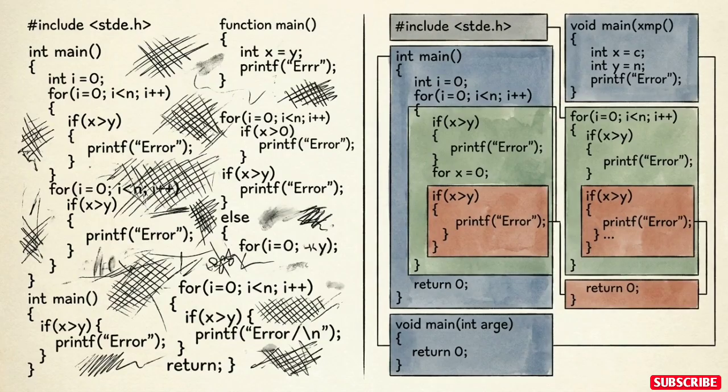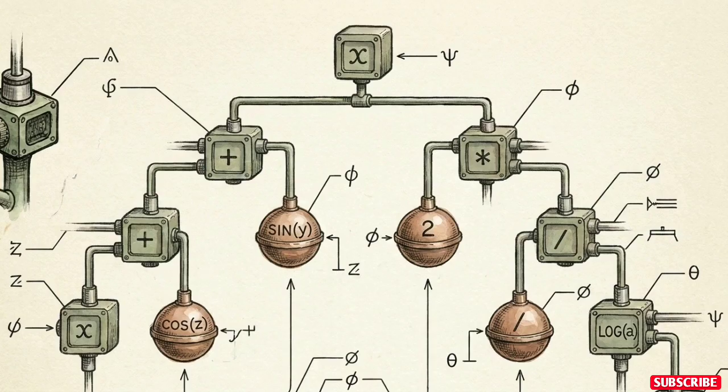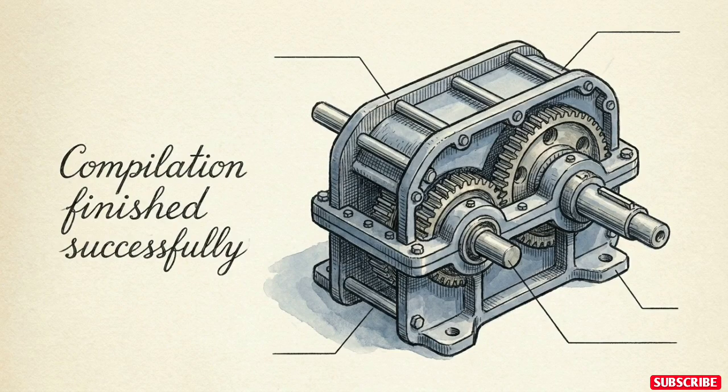Lex acts as the lexical analyzer. It reads raw input text and breaks it down into distinct categorized tokens. Yak, the parser generator, takes those tokens and checks them against predefined grammar rules to ensure the syntax is mathematically valid. Unit 3 provides a robust toolkit to build and verify raw C programs, preparing them to be automated by